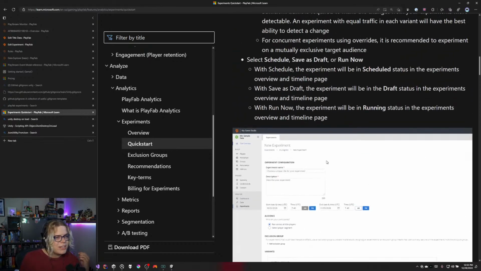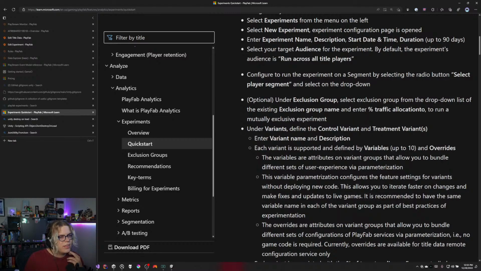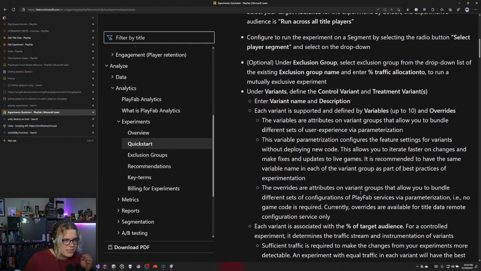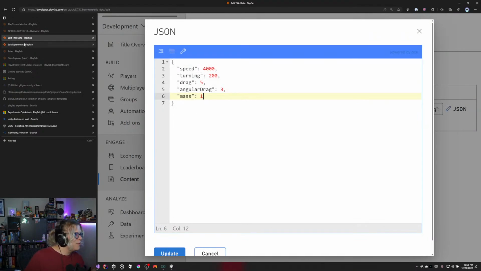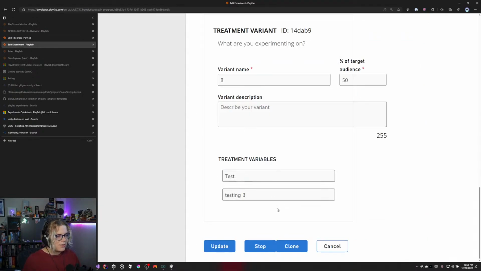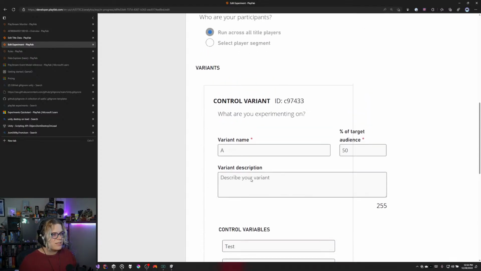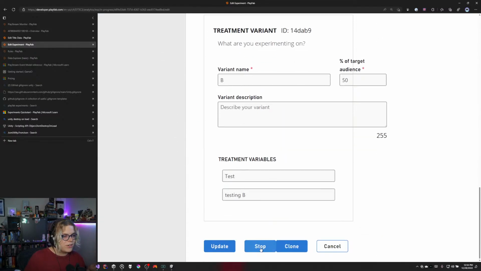Okay. I may need to do a little bit more digging than I thought. So usually before this, I'll at least look through and make sure I understand what we're trying to do. I may have misunderstood something when I was trying to dive into this, because I was thinking that was going to change our configuration, unless here. Let's go back to this, and I don't think I can change these because we already started this, so it's already running. So let's